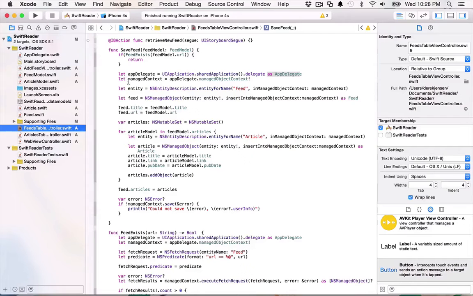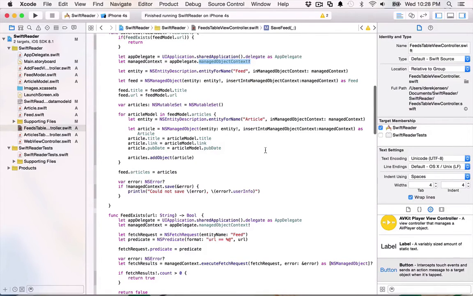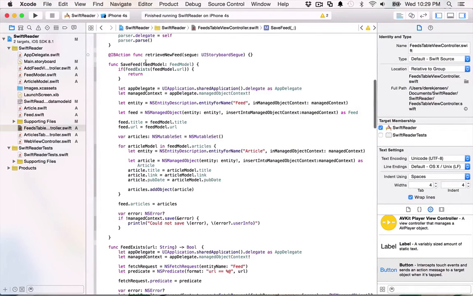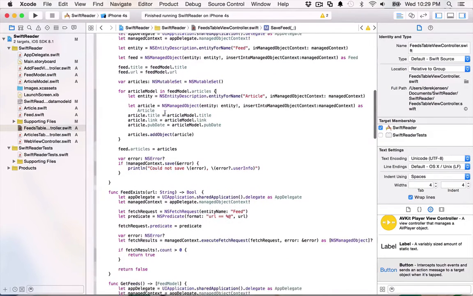Then we're going to use that app delegate to get our managed object context, which is merely a property that was actually created for us so we can use it. Now, later on in our application, all we have to do is use this managed object context that's ultimately going to get data in and out of Core Data. So now the basic process here, when we want to save something into our Core Data managed object context, is